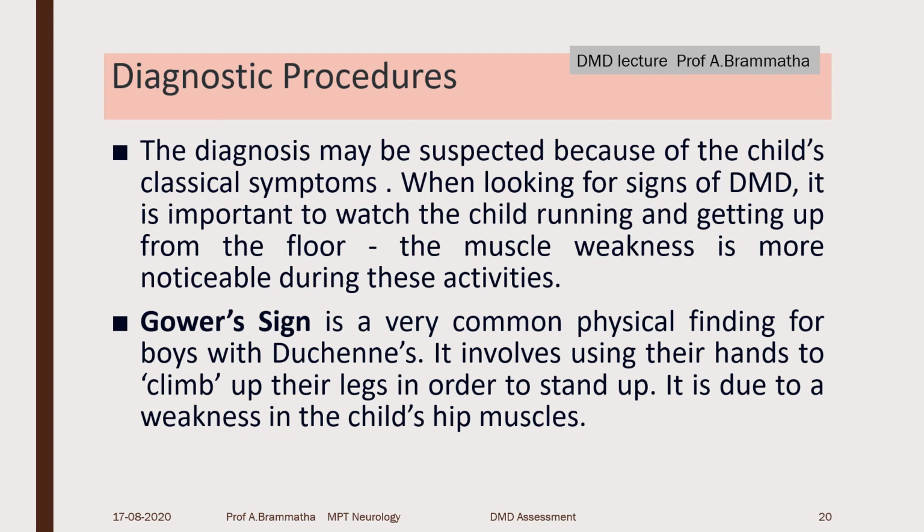So the diagnostic procedures: the best is always to confirm with the Gowers sign. So Gowers sign is one, and then we do have some other special tests, that is Meryon's sign. When you try to lift the child by holding under the axilla, due to the weakness of all the rotator cuff muscles and scapular muscles, that is, in one word, scapular stability is poor now, the child will slip from your grip. So we have to keep this point in mind when handling or transferring the child in future. We don't hold the child under the axilla, because the child will not be able to fix his shoulder girdle on your hands.